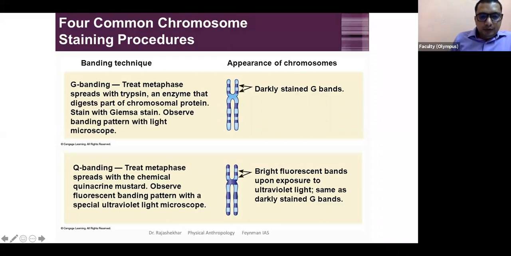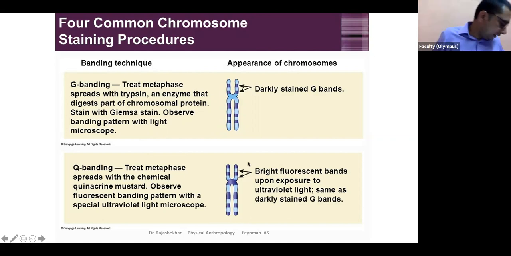Okay, so what do they do? Fluorescent banding patterns can be seen, which are reverse to the Giemsa stain banding. And for this, to see the fluorescent bands, you have to shine UV light onto them. And here, we can definitely see the pattern that is expected for the heterochromatin regions. So centromere is stained dark, tips are stained dark.